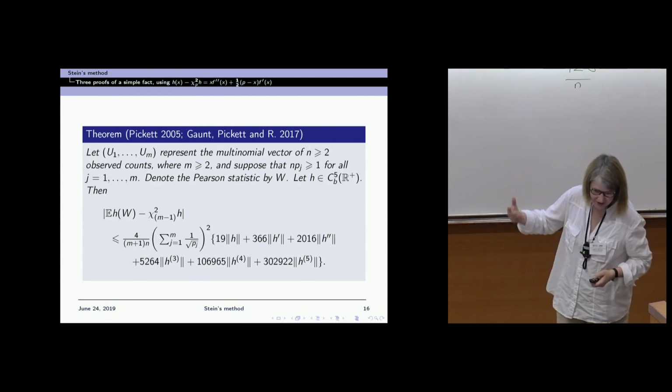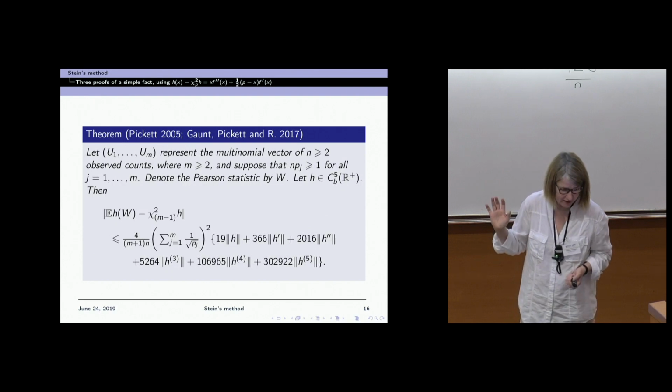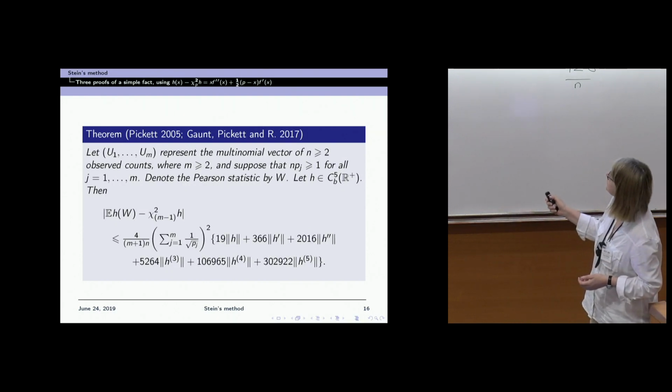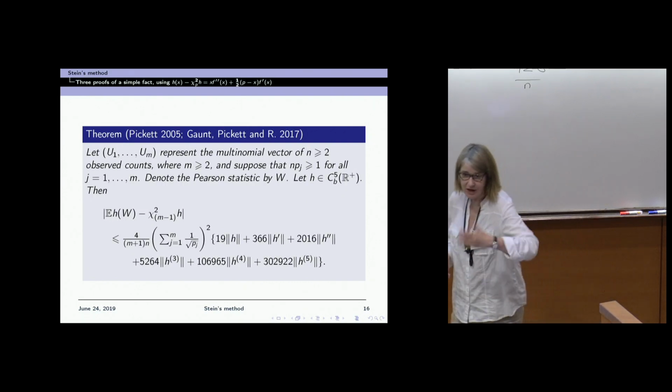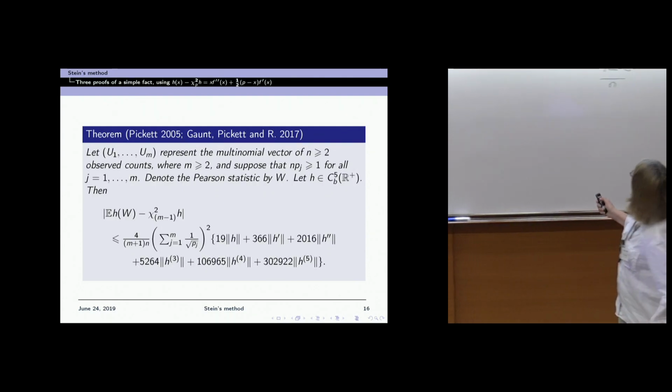So using this approach, we do get an overall bound, an explicit bound of order 1 over n, where the cell probabilities appear here as 1 over pj summed up squared. And so you can relate this to how good your approximation should be. Unfortunately, the constants